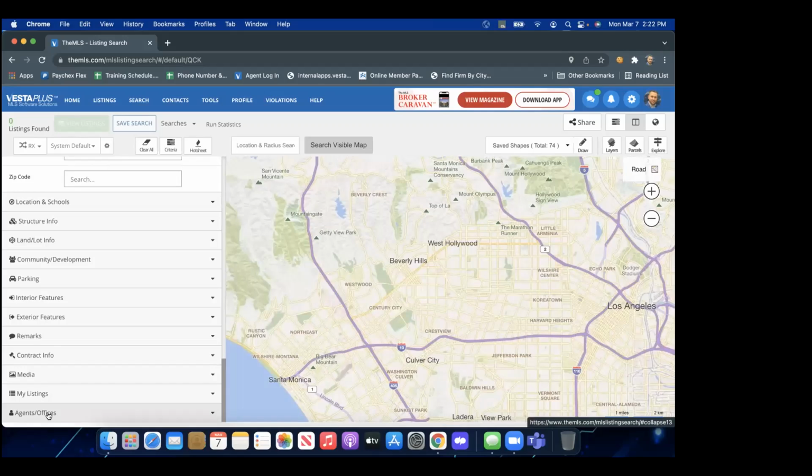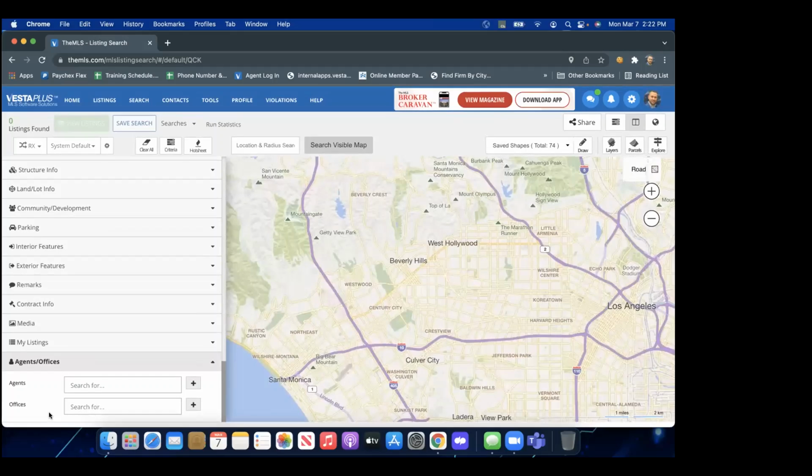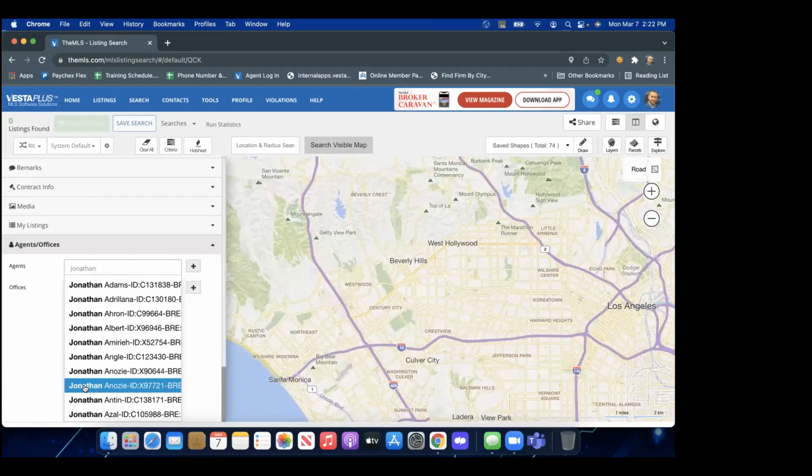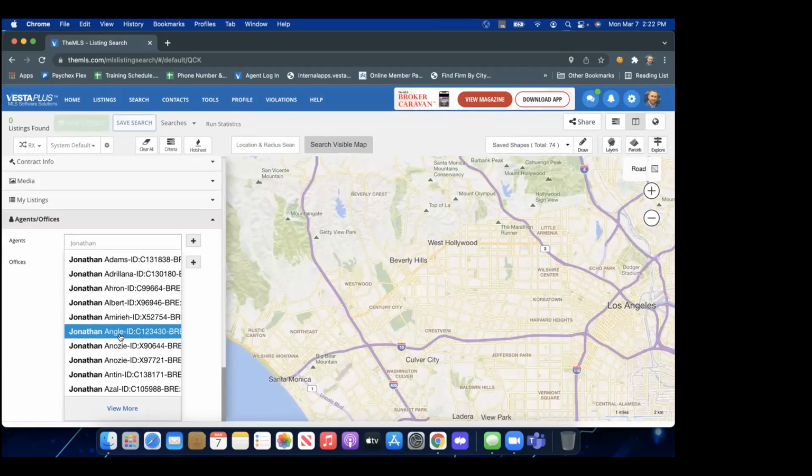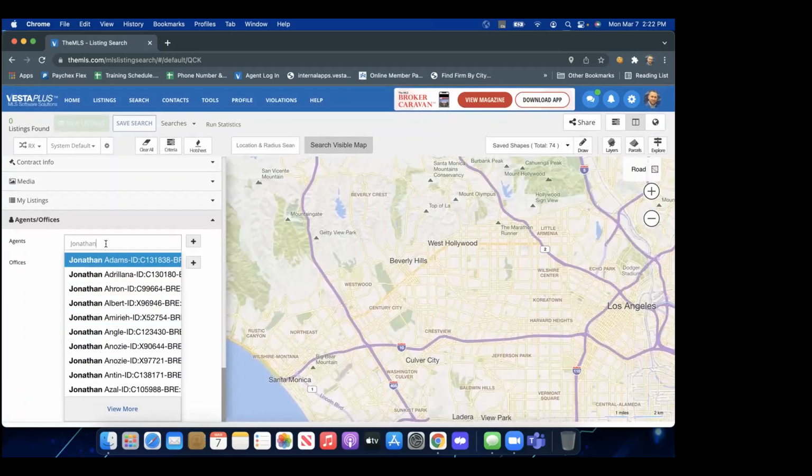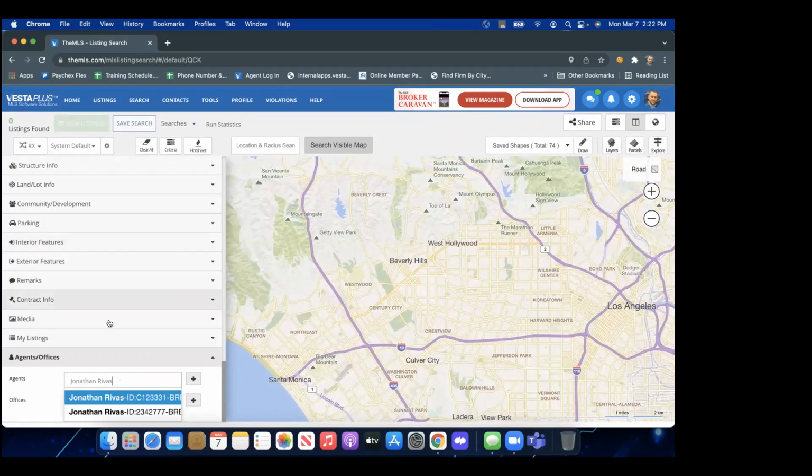This is another way to search for inventory, but now we can be more specific as to the criteria, and we can also search for other agents. Right here, I can type in an agent's name. I'm just going to use Jonathan as an example, but let's say Jonathan did not work with Claw. As I'm typing the name, you're going to see a bunch of different agents that come up with the name Jonathan. I can continue putting his name there to narrow it down. You can also search by their DRE license number if you know it. Okay, and you see here, now I got 2 results because one is from Claw